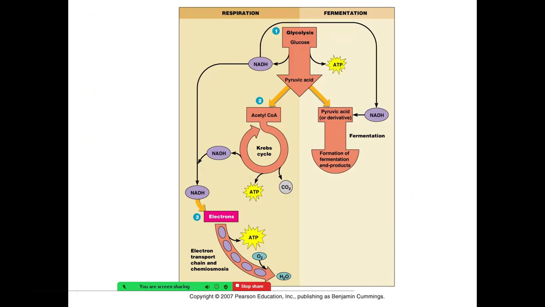So this is once again showing you the overview of aerobic respiration and fermentation. So far, glucose being made into glycolysis, we've only generated a net of 2 ATP. And in the preparatory step in the Krebs cycle, per molecule of glucose, we also made 2 ATP. So that's a total of only 4 ATP so far. So that means the rest of the ATP is made in the electron transport chain, the third step of